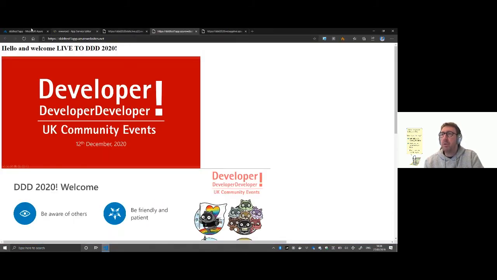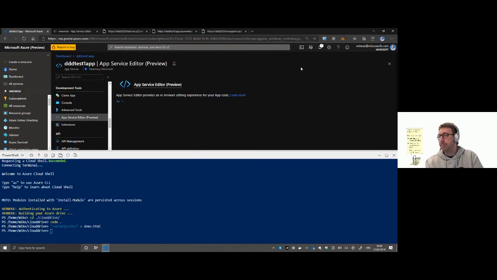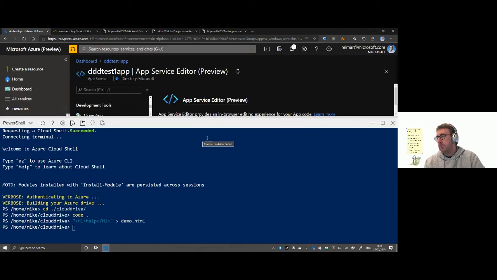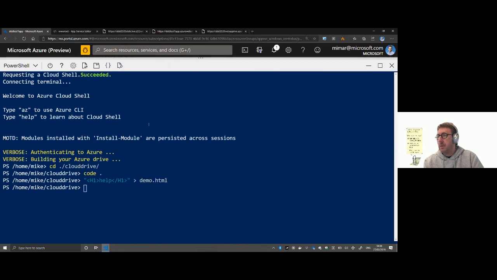we open up the portal, and you will see that there's a little button here called Cloud Shell. So if I zoom in a little bit here, this will open up the, just make it a little bit bigger for you guys so they can read. There we go. So this will make the Cloud Shell appear. So this is Cloud Shell for you. It looks like a normal terminal, so I can just do anything. It's slowing down a little bit now. I can just start typing and make it a little bit bigger. But what I can also do, and this is pretty cool, if I do this,